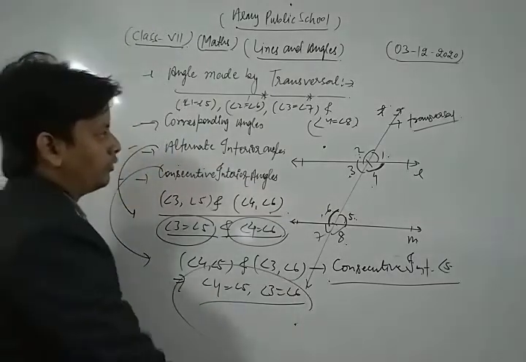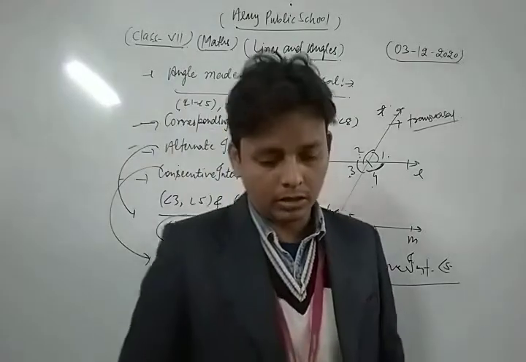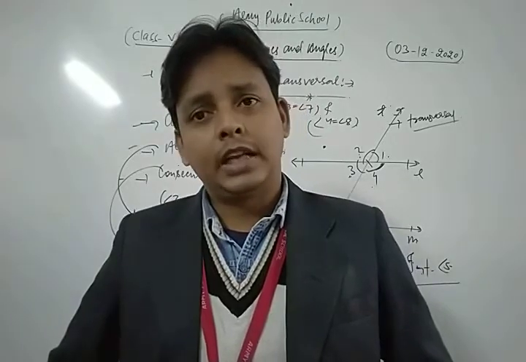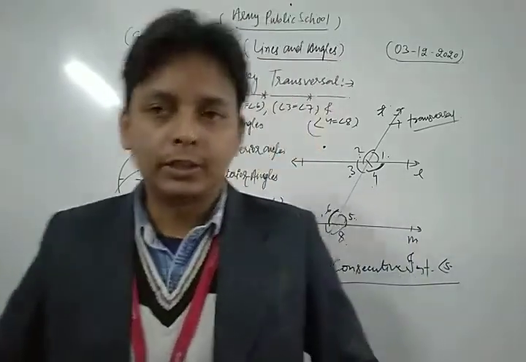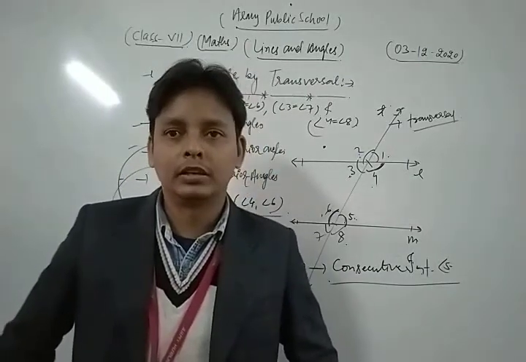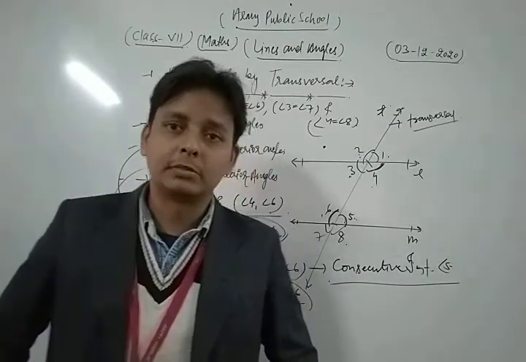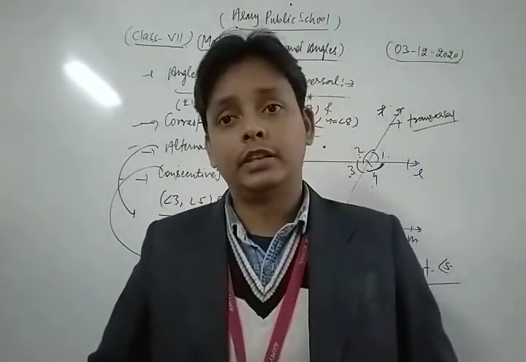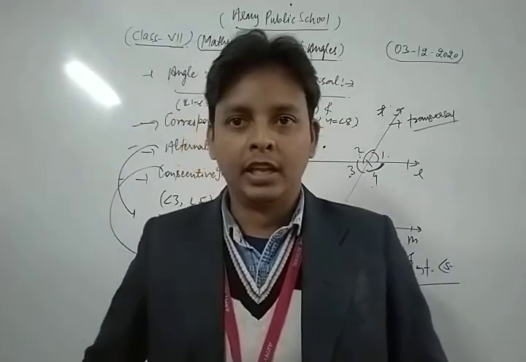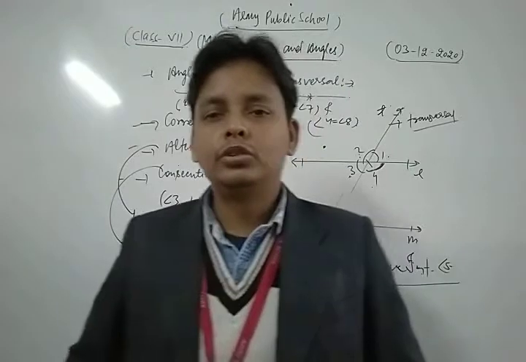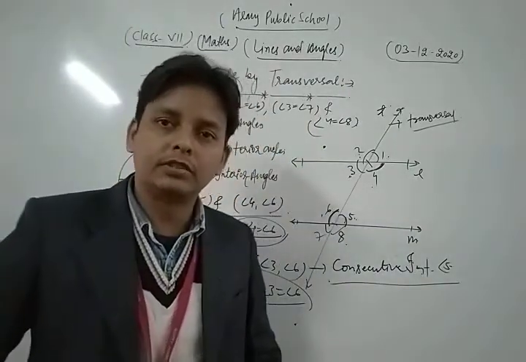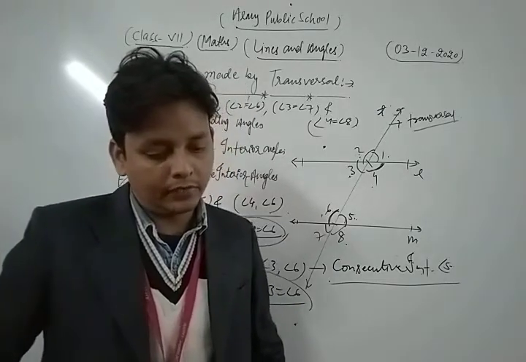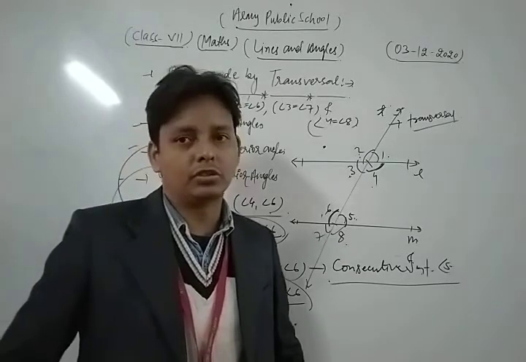So in this way, in today's class we cleared all the concepts related to the chapter Lines and Angles. We discussed all the important things related to that chapter, like lines and rays and angles, adjacent angles, linear pair, vertically opposite angles, and the different types of angles made by the transversal T. Okay, so dear students, first of all you revise all the topics which we discussed in that class. After that you can solve each and every question of your NCERT exercise based on those topics.